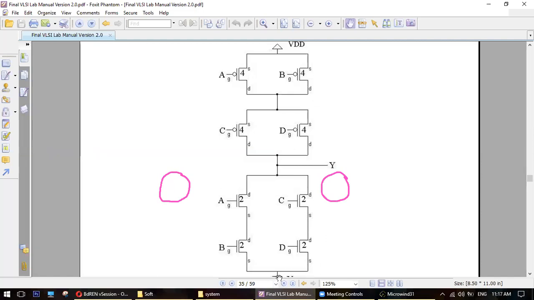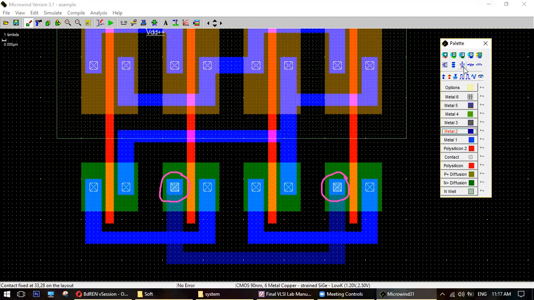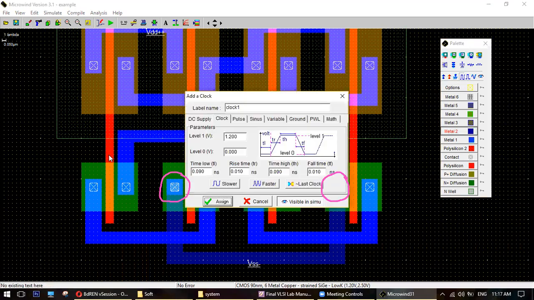Here our ground will be connected, VSS. So let's connect the ground. Now our input will be connected. So this is our A. The voltage will be 5.